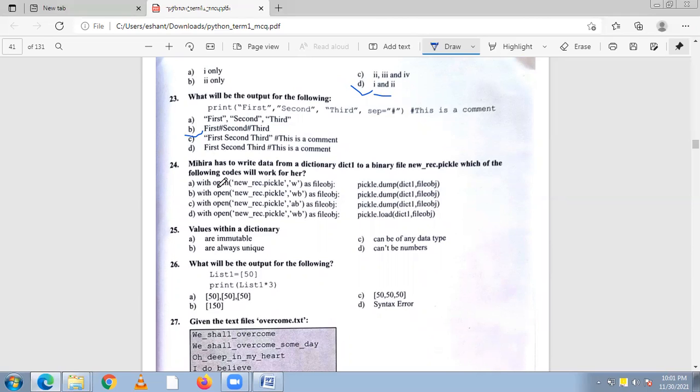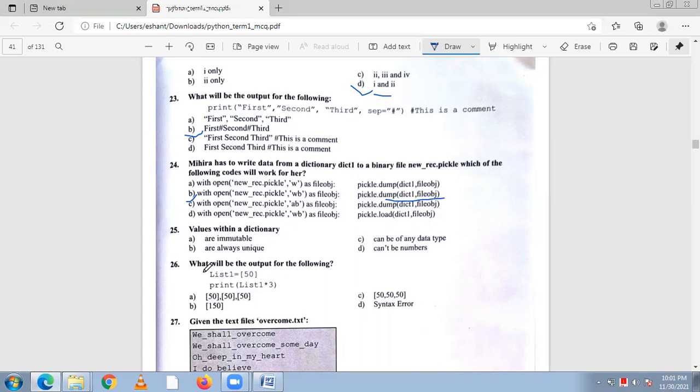Which of the following code will work for her? So question number 24, what is the answer? Yes, B is the right answer. With open new record.pickle wb as a file object and pickle.dump of the dictionary object.